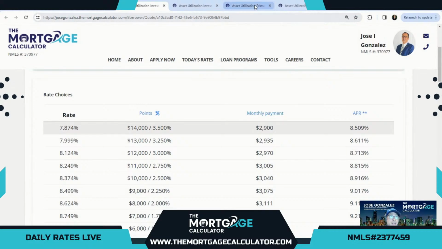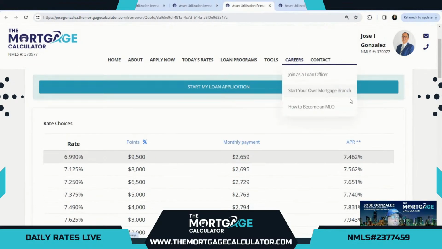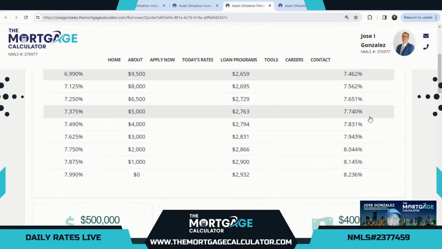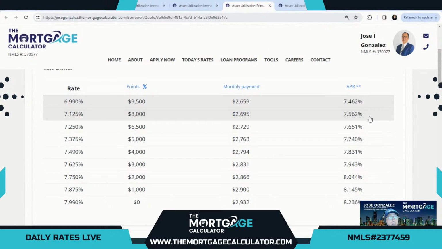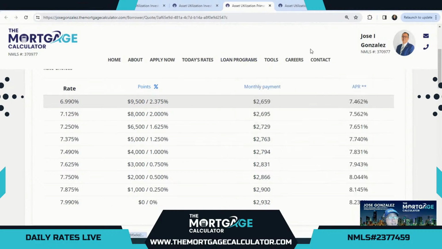And let me give you a cash out, even though I mislabeled it as purchase. This is actually a cash out at 80% LTV. So this is for primary, 80% LTV cash out, 7.99 is your lowest cost option, and 6.99 is your lowest rate option for your primary cash out loan using asset utilization for a 1-unit property. So very good options here for